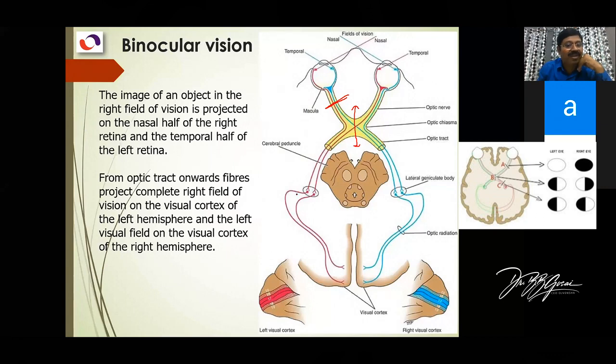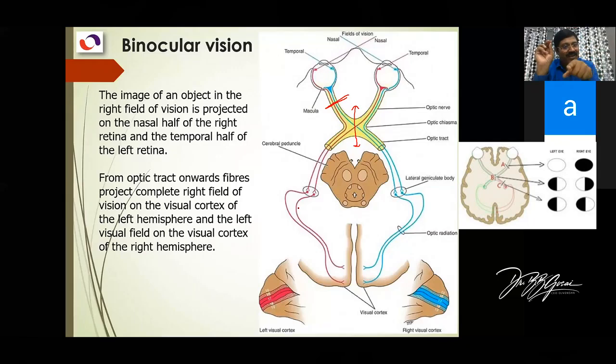This is the lateral geniculate body. It is a part of the hypothalamus. So fibers relay into this. This lateral geniculate body is just behind the pulvinar of the thalamus. The thalamus has a posterior bulging part, the pulvinar. And just below the pulvinar, you see two elevations, one medial and one lateral. Lateral is the lateral geniculate body.